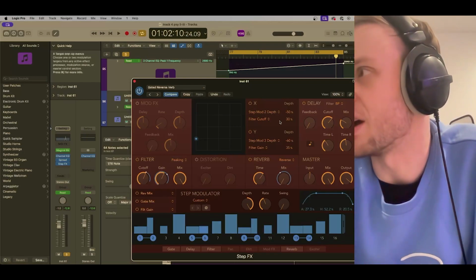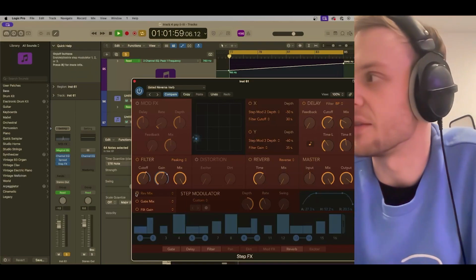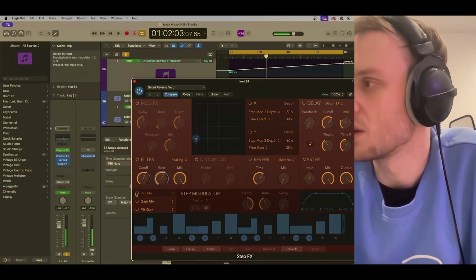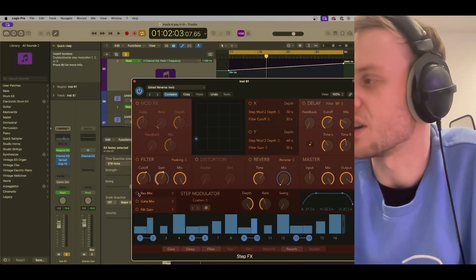So you can see it jumping around here. If I turn off that filter, it just leaves it at full off. You have a little bit of delay sneaking through that creates sort of a reverb effect. But if I turn this on, you'll hear